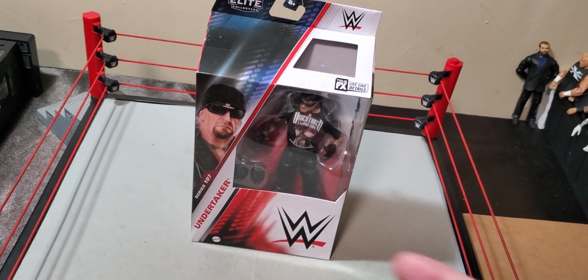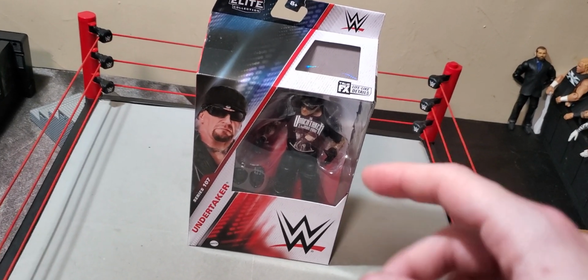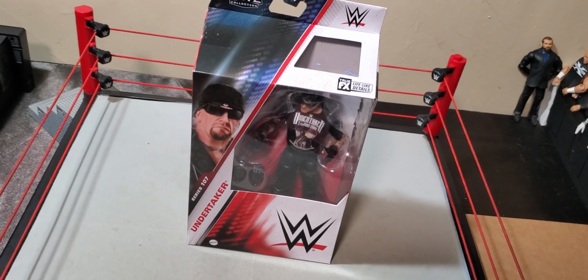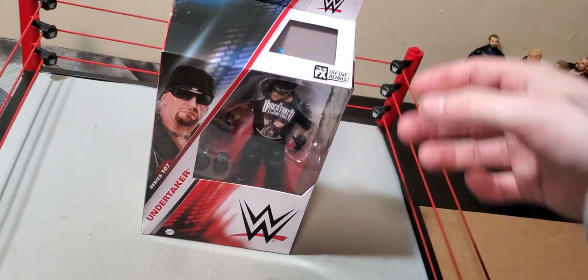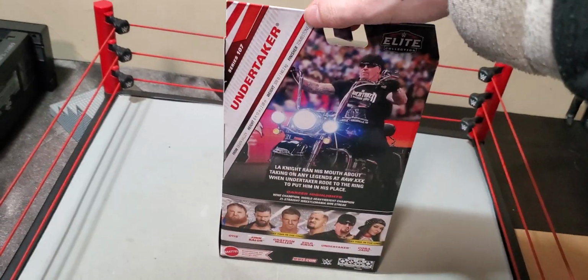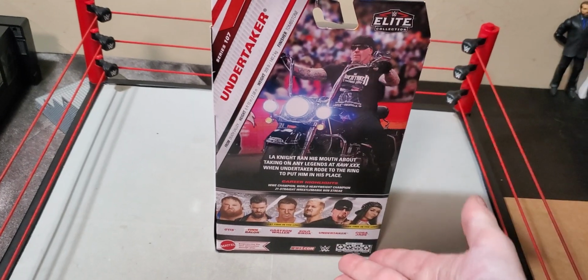Hello everyone, Derek's Damn Toys, and today we've got the Elite Series 107 Undertaker figure to review for you guys today. Fairly excited about this figure, maybe some of you guys aren't, I don't know, but as you guys can